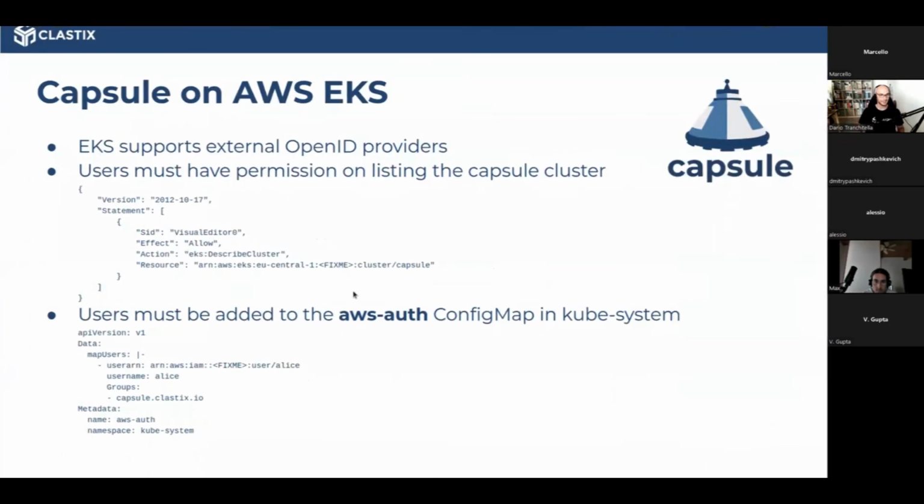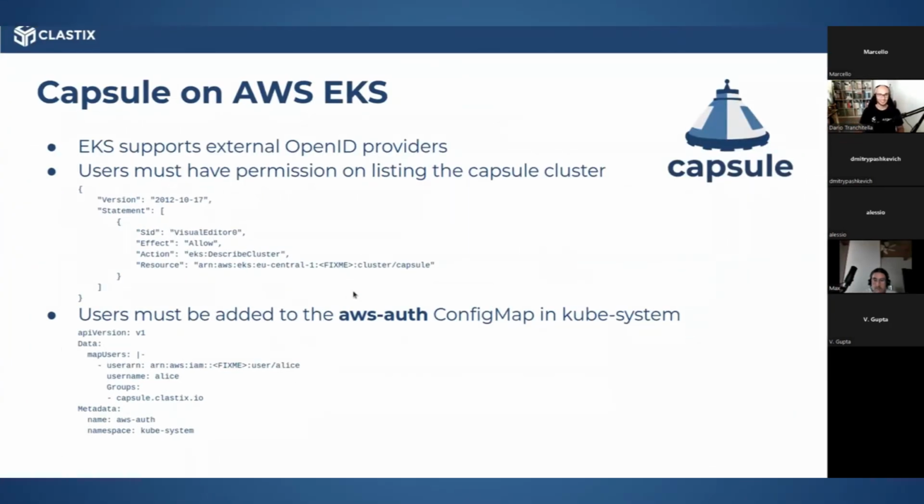I can delete the cluster later. We are spending a lot of resources to test it. And now it's